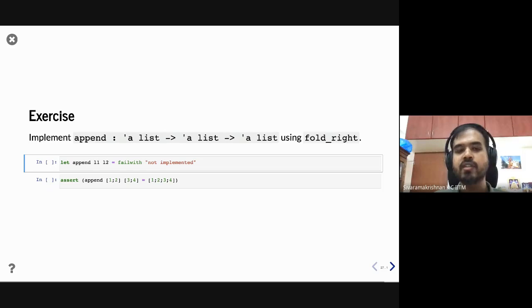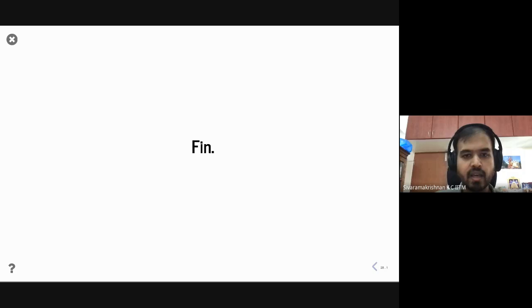Implement append function, which takes two lists, right? L1 and L2, and the result is going to be the concatenation of L1 and L2. And here is an example. You can also implement it using fold. Use fold right to implement this. The reason is that we want to preserve the order of the elements, right? So the intuition is the same as what we had done for map. Okay. And that completes the higher order functions